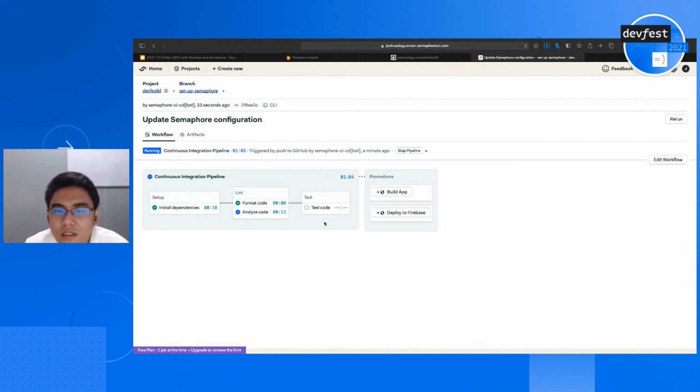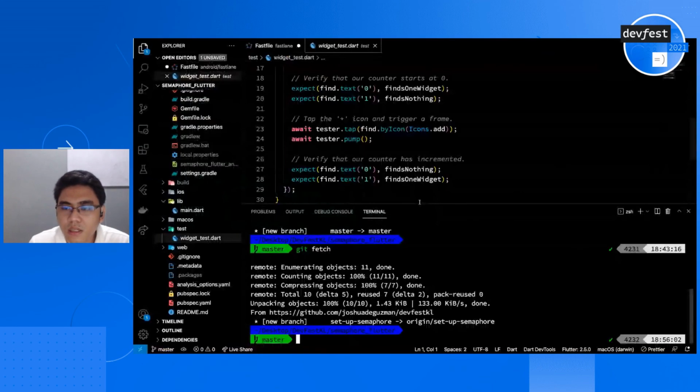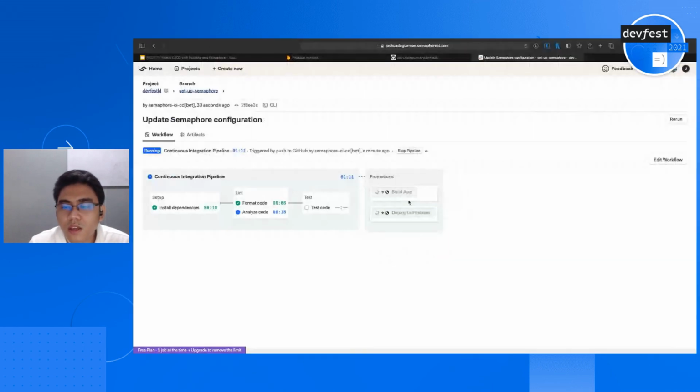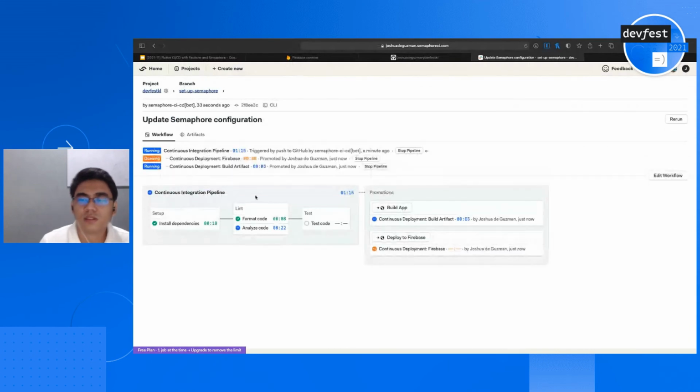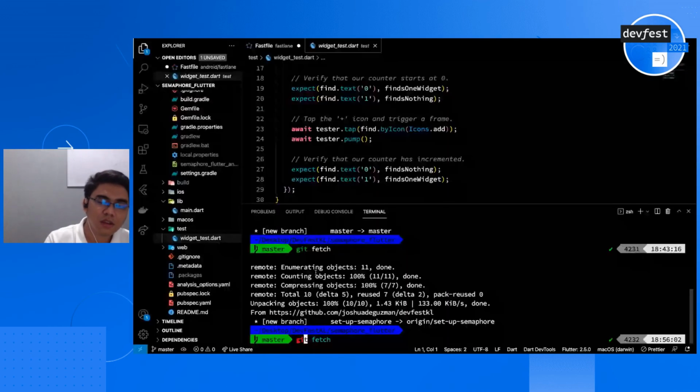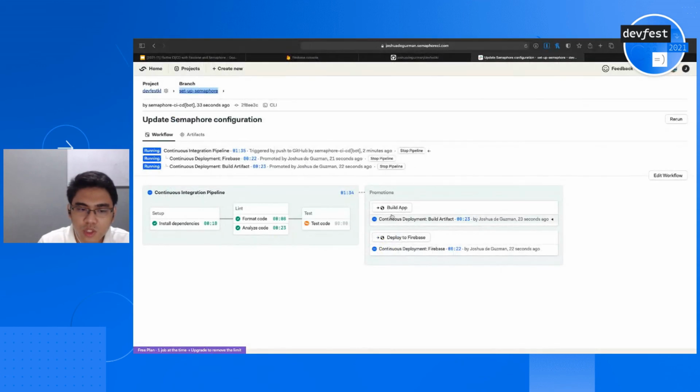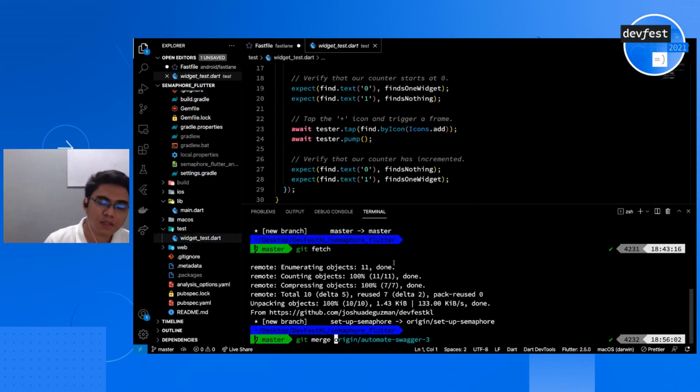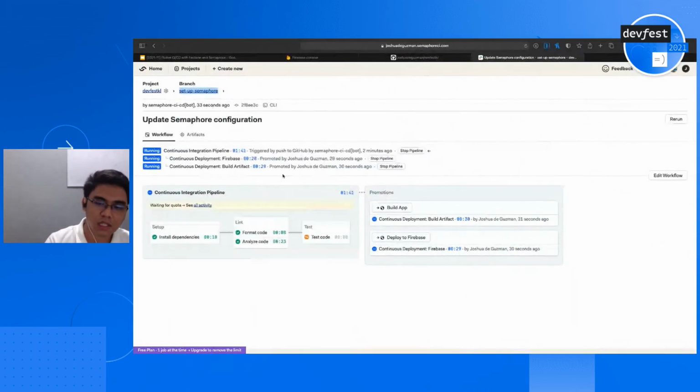All right. So I think this should run. So one thing that we want to set up is start promotion. I think we can already run this. We're just trying to test if it's working. Because right now we're working on the setup semaphore branch. So you assume that this is all finished. We should now merge the branch setup semaphore to the master branch because remember, this promotion will not automatically deploy to Firebase because the branch is setup semaphore. So git merge setup semaphore